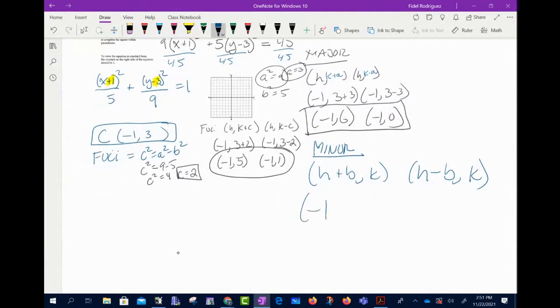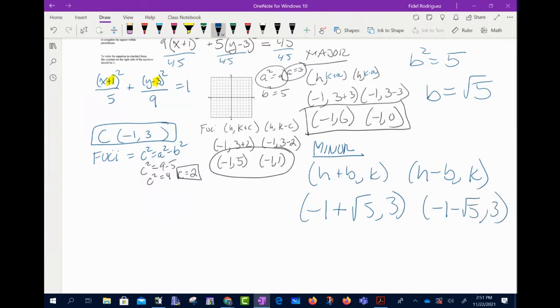We already know h is -1 plus, what is b? If b squared is equal to 5, what would b be equal to? Just the square root of 5. Very good. So (-1 plus the square root of 5, 3),